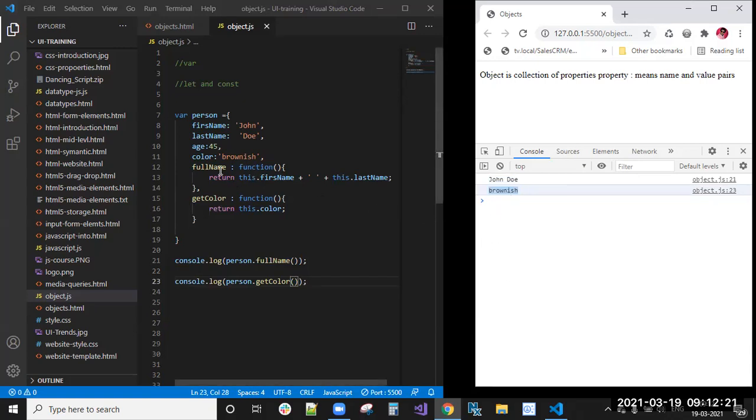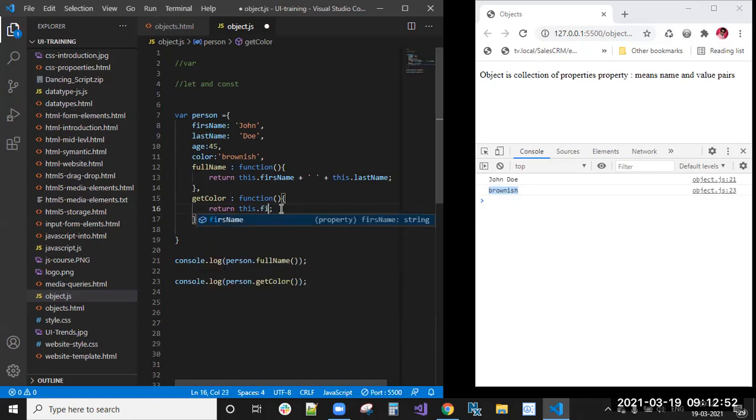Method means fullName is a method name, and that method name will hold an anonymous function, and here we have written a return statement, right? this.firstName. Here this refers to the current object, the person, so this.firstName, this.lastName, this.color.